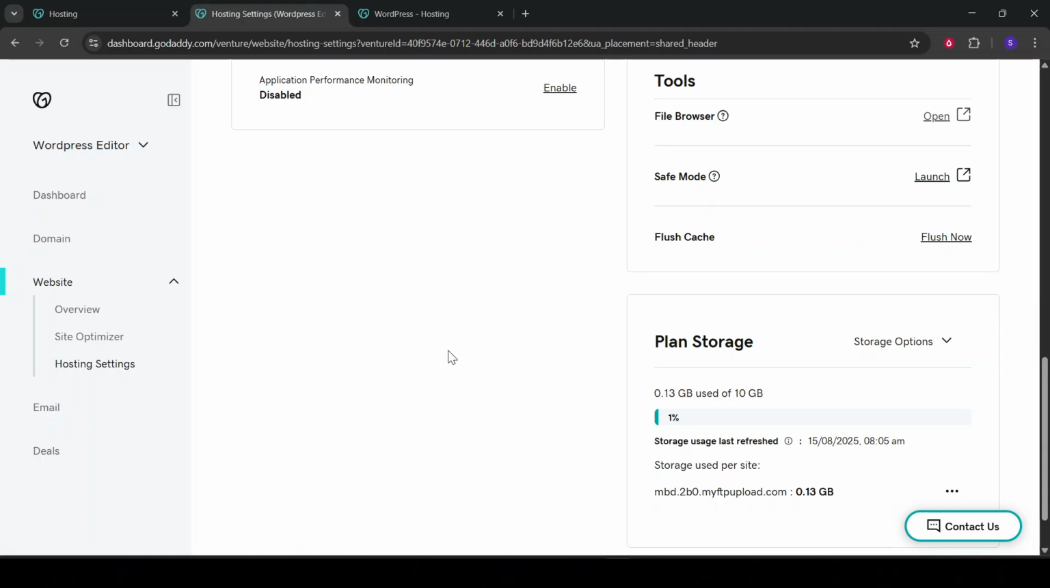Congratulations! You've successfully uploaded your website to GoDaddy cPanel hosting. If you encountered any issues along the way, double-check your file paths and permissions, and ensure all files were uploaded to the correct